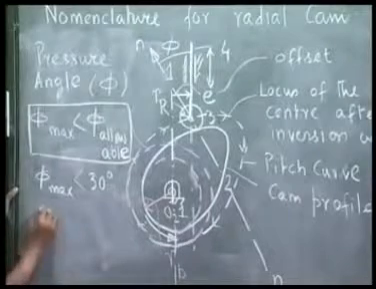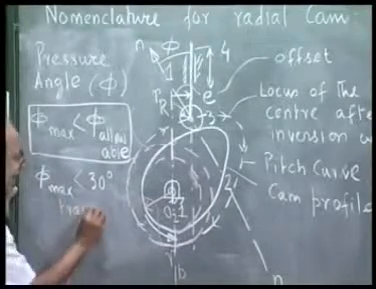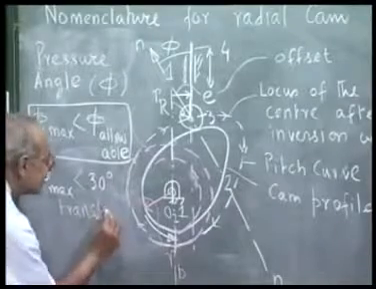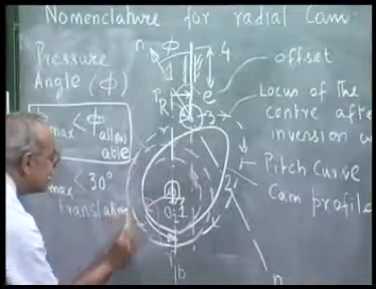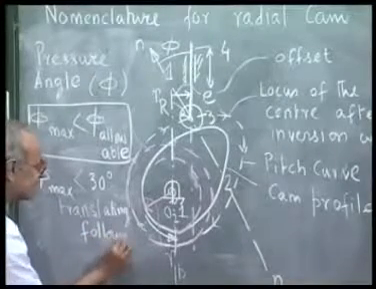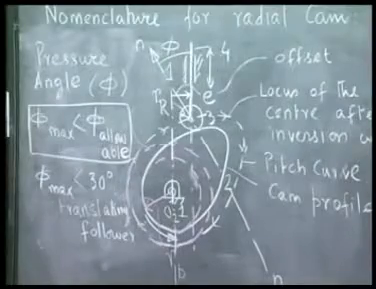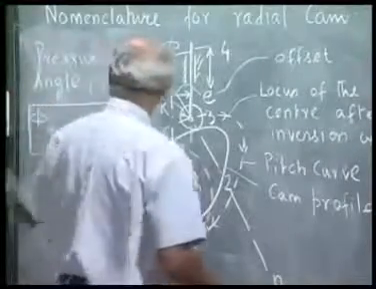And for oscillating follower, this is for translating follower. Phi max should be less than 30 degree, whereas for oscillating follower,